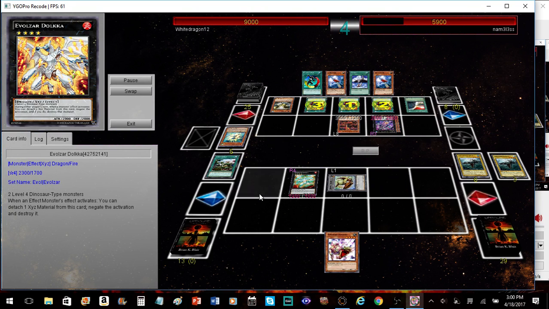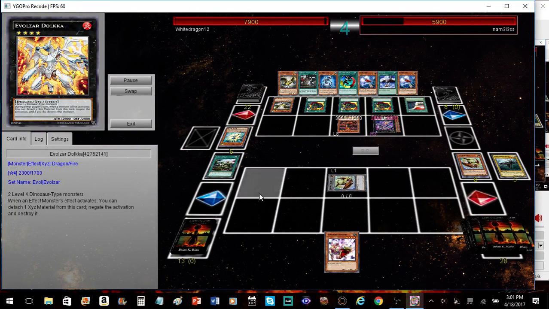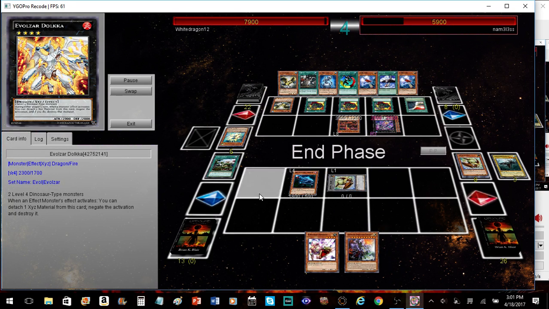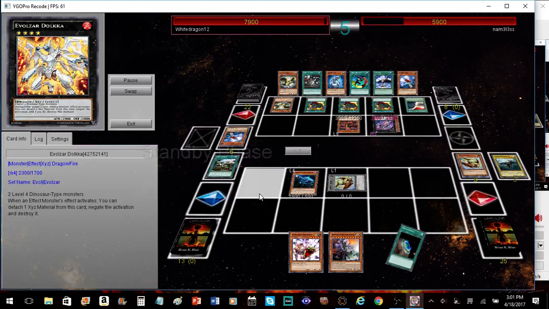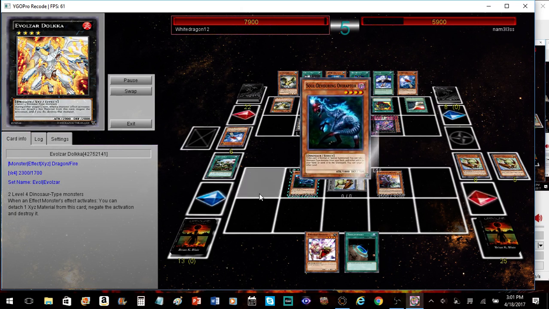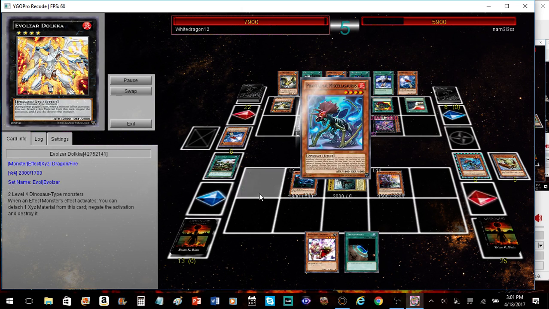Because what he should have done was creature swap, given me the golem and taken my Tyranno. That's what he should have done, but he didn't do that. I mean, ultimately, I just would have attacked with the golem. Let it die, so I could receive special summon, but